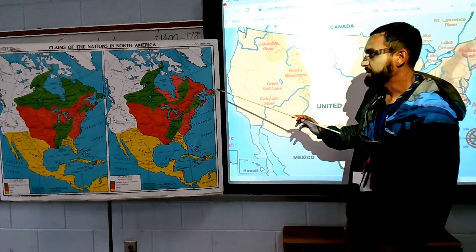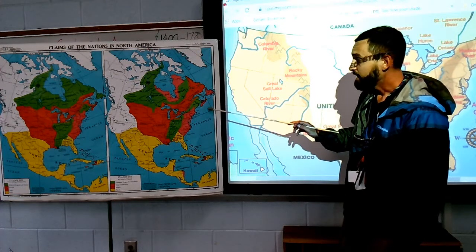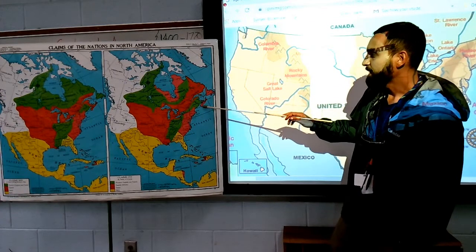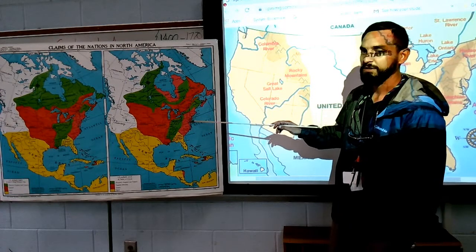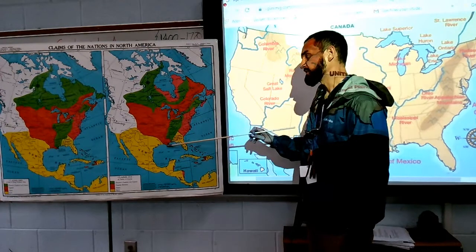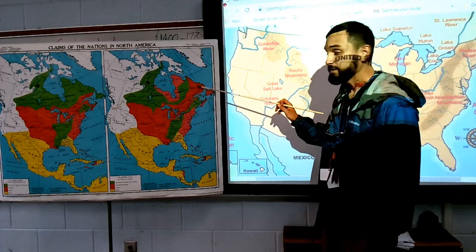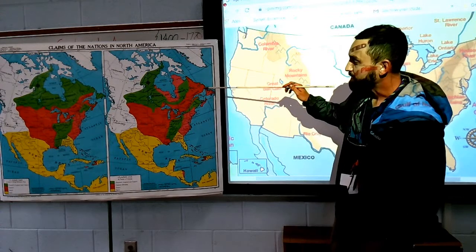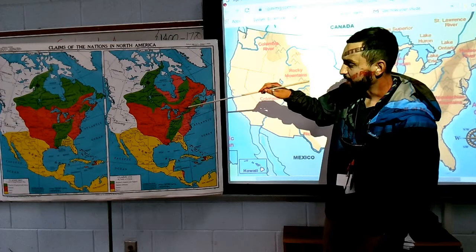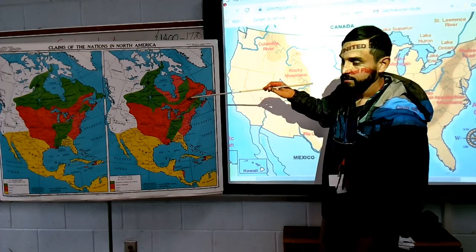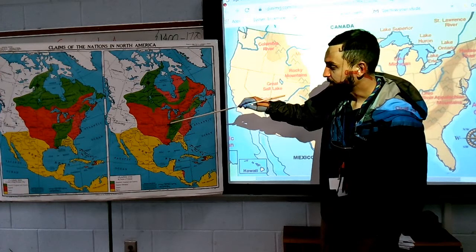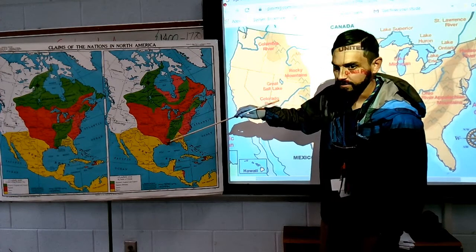England, which you see here in pink, it's pink to me, I don't know how the camera's displaying it, they'll pretty much be here on the eastern seaboard, the east coast. This orange, it's orange to me, will be France. This is where they came in through the Hudson Bay, down here to the Great Lakes. They set up shop quite a bit around the Great Lakes, and they'd also follow the Mississippi River down and set up a bunch of forts this way.